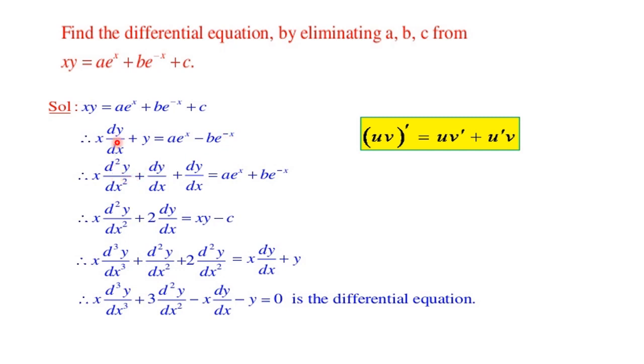Again differentiate it. That means again we'll have first function this, second function this. It will be first function into derivative of second function. We'll get d square y upon dx square plus dy upon dx as the first function. Derivative of the second function will be x, that means x will have derivative as 1 only. Plus when I differentiate y, I will get dy upon dx, equal to a into e raised to the power x will remain as it is. Minus minus will become plus here, plus b into e raised to the power minus x, because differentiation of minus x will give you minus. That means minus minus becomes plus.